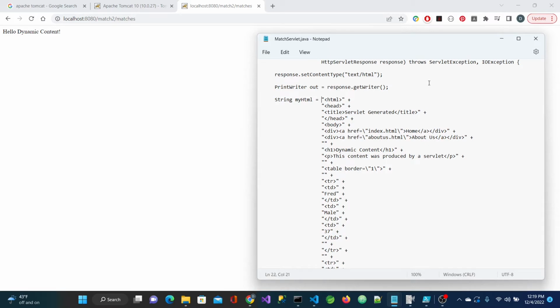If you start scrolling through this string little by little, you'll see that it starts out with an HTML tag, followed by a head, a title, a body. Here's where we have our anchor tags in the page to link to the other two static pages in our website. Here's just a header that claims this is dynamic content, a small paragraph, and then we start building up